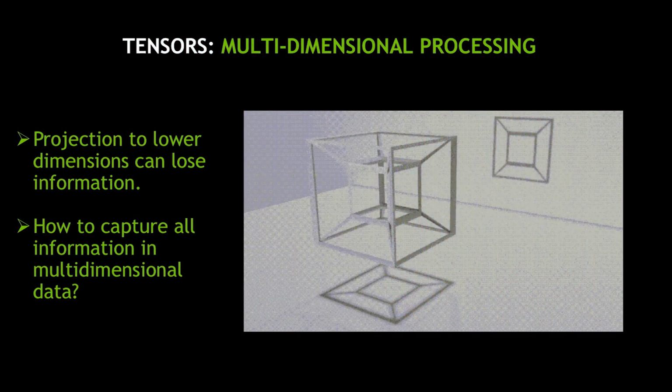And the main idea is when you're projecting your higher dimensional object to a lower dimensional one, you lose information, right? So this is easily seen, especially you see the cube there and it projects down on the wall. You cannot get all the information in the cube just in that 2D. And this is the intuition of why maybe matrix layers are not completely the right thing to do, are suboptimal